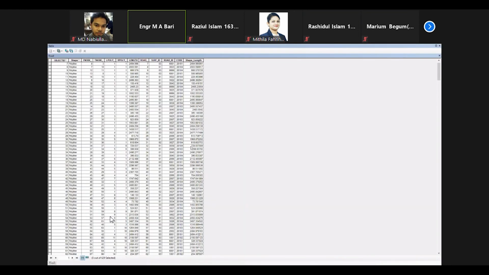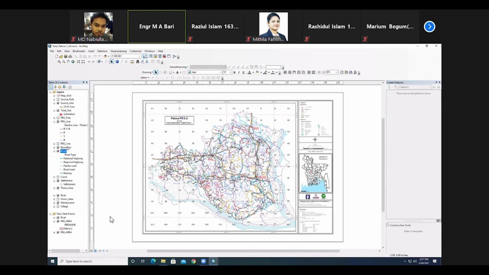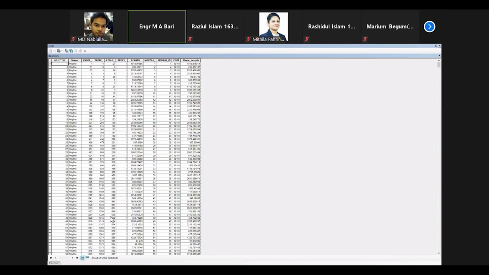It does not come automatically, you need to put it in sometimes. Look at this boundary. There are so many boundaries here, and if you right button click, open attribute. So how to work on this attribute? We will learn this. And this is the substation, for example.